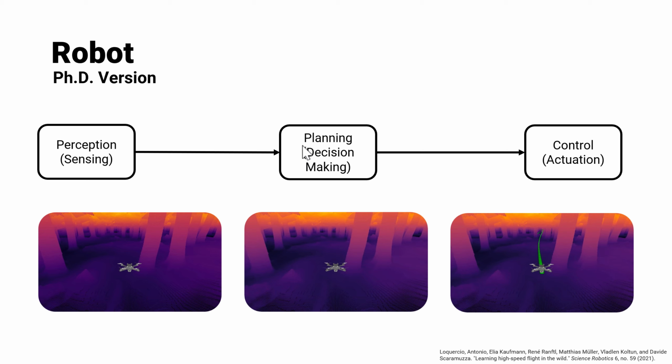AI can go in each and every one of these blocks, right? And there are research papers which put artificial intelligence into each and everything. For example, in the perception side, you saw that we are working with the depth map. You can just use a bunch of low power sensors, combine them with a powerful AI system to obtain this depth map as an example.